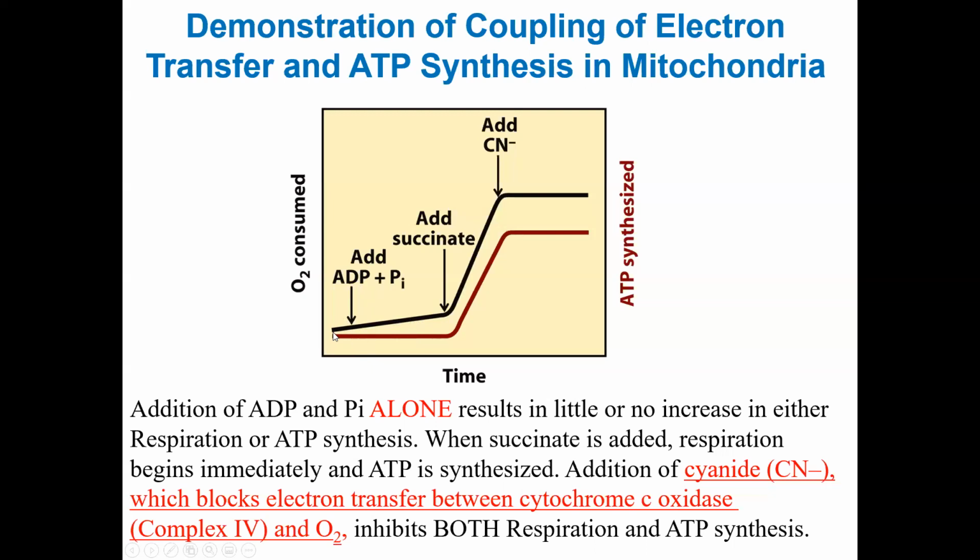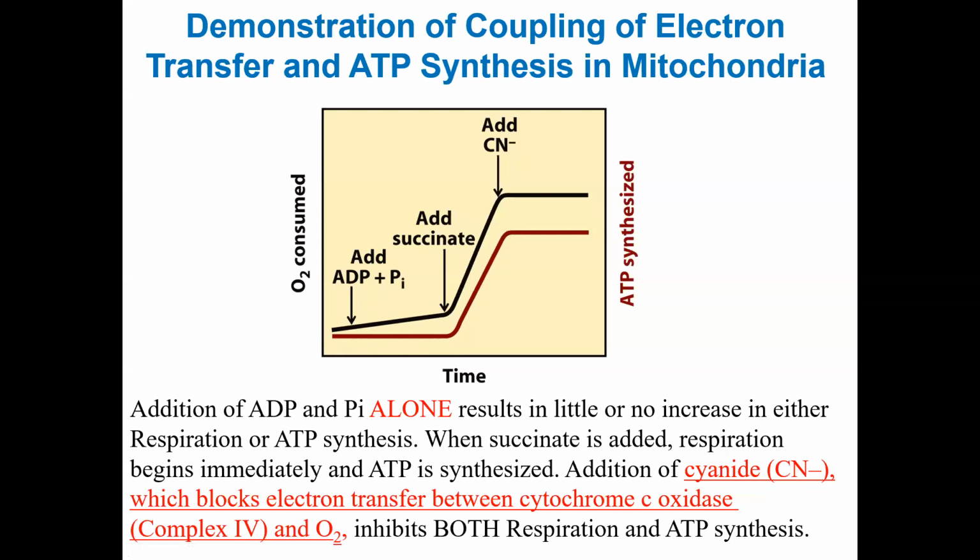So it turns out that when they measured the oxygen consumed, there was no change in oxygen consumption, and there was no production of new ATP. Okay, there was a very basal level of oxygen consumption, very little slope you are seeing in that line,